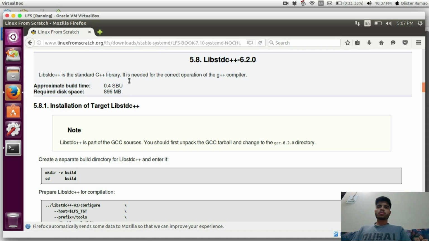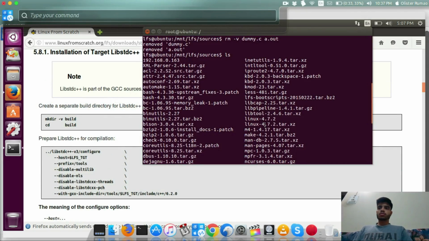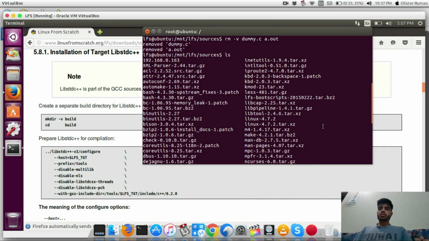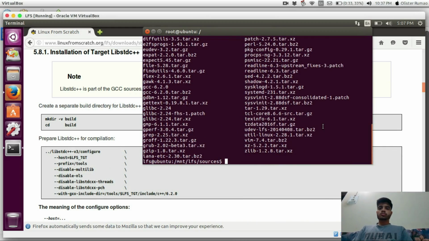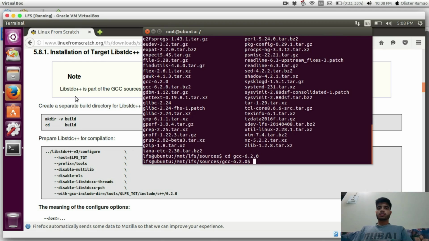Okay, so: part of GCC sources, unpack it and change to the GCC 6 directory. Okay, just a minute. cd GCC. Okay, after that